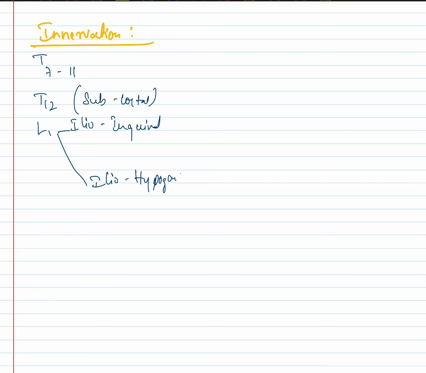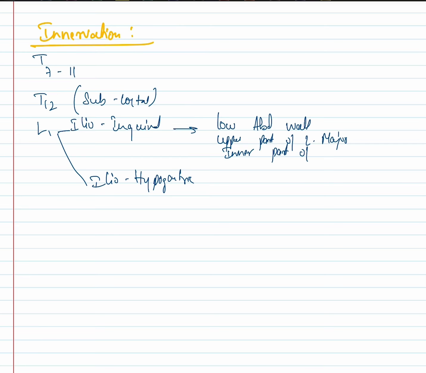Okay, so ilioinguinal supplies your lower abdominal wall and the upper part of the labia majora and inner part of